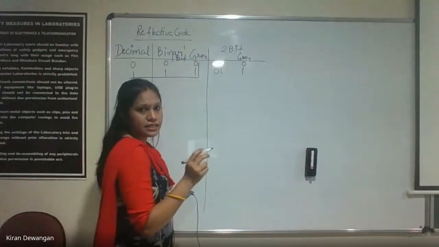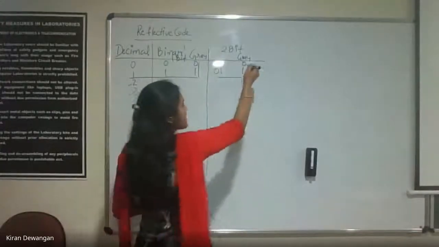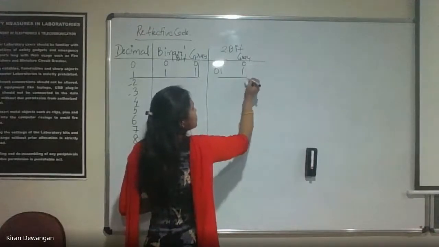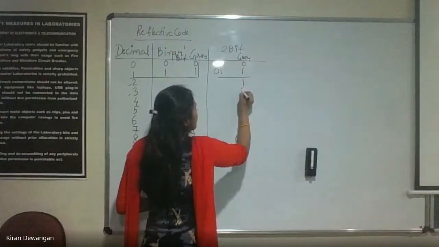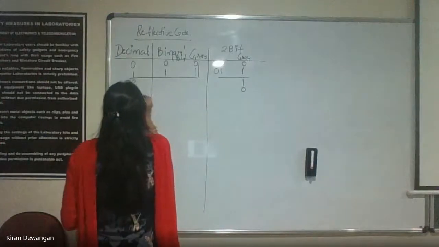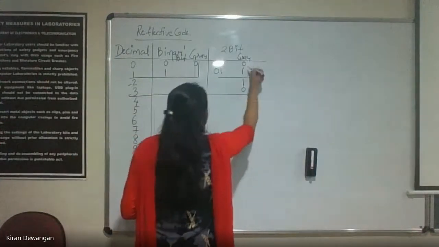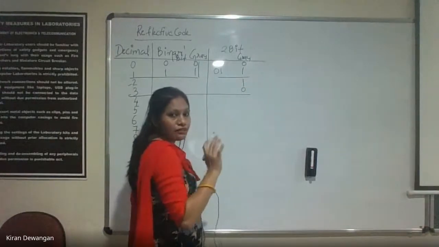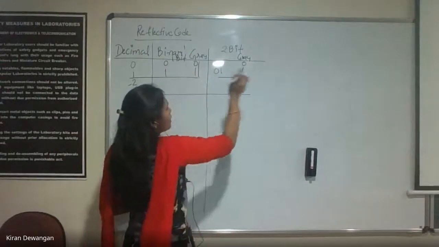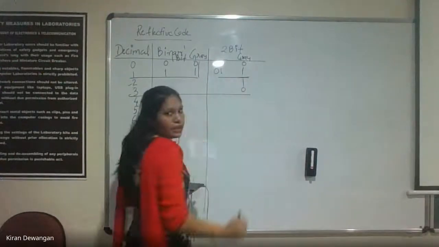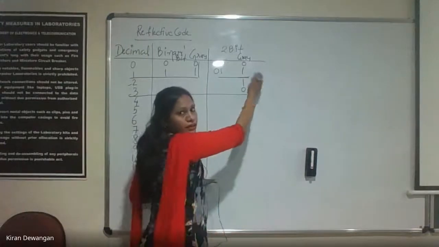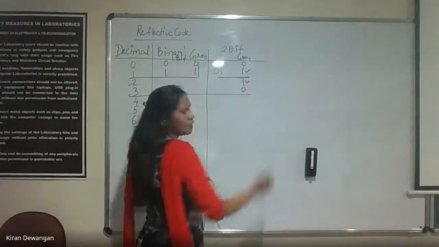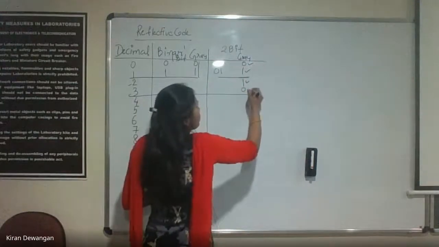Now we will take the reflection of upside to down. These are the upside values, so these values will be written as 1 and 0. This is for 2 and 3. This is 0, this is 1. A single bit, as we have taken here in 1 bit. Now we'll take the mirror here and take the reflection of upside to down. So 1 will come here, then this 0 will come here.